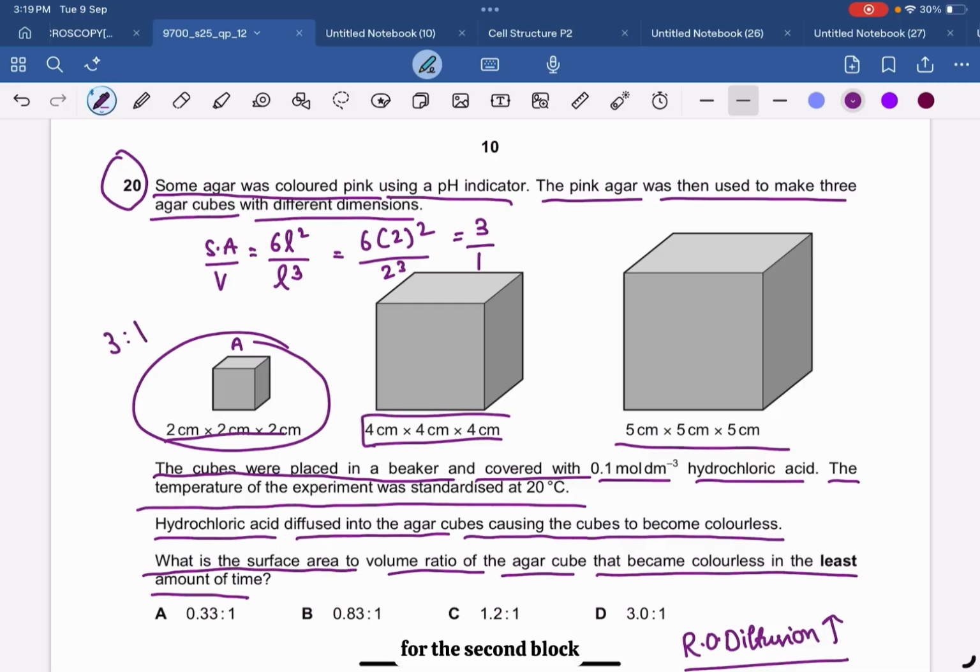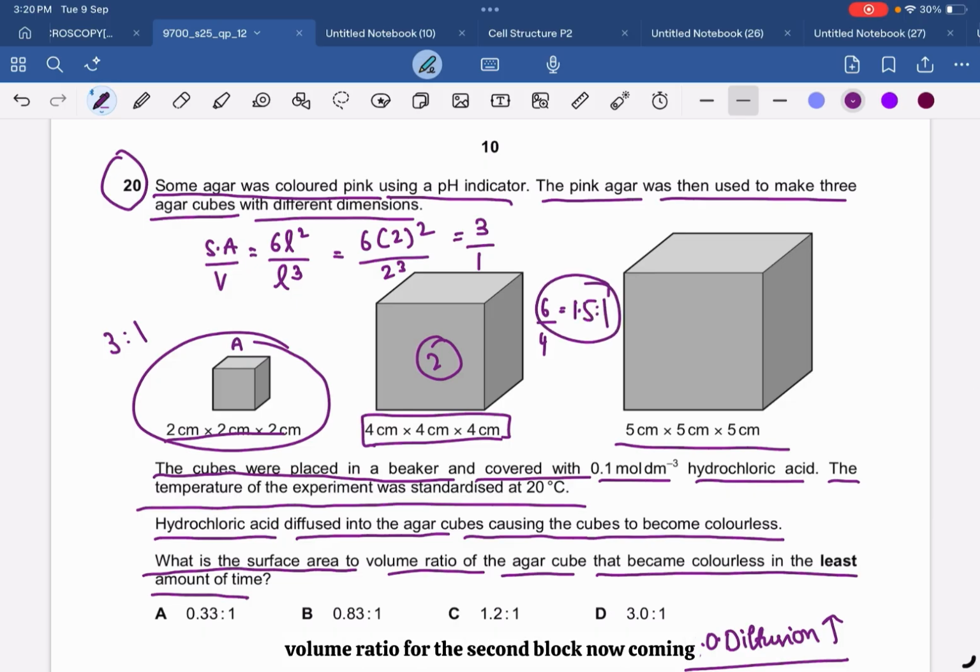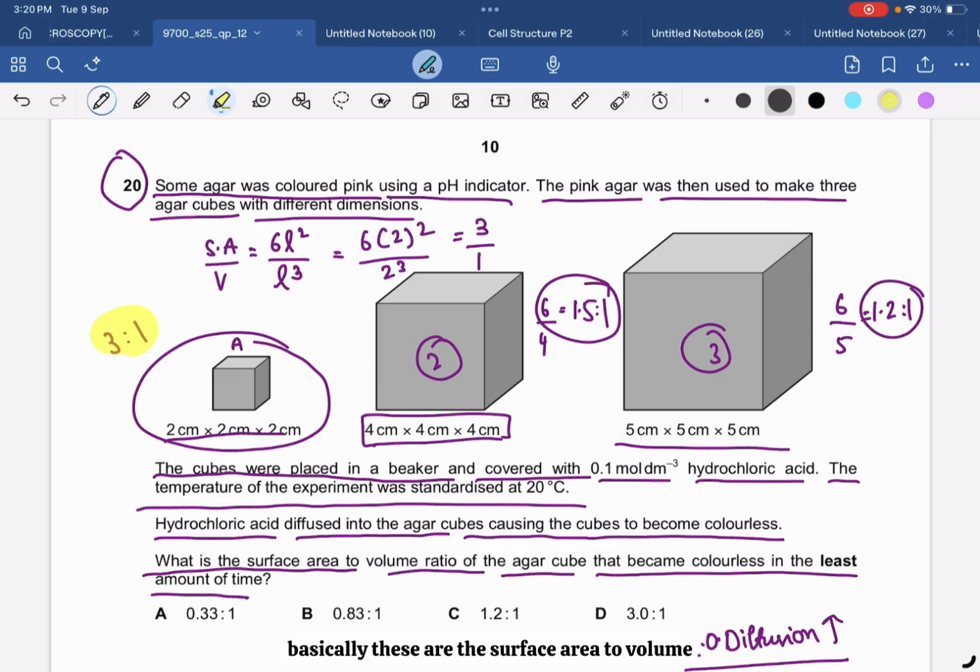For the second block, which is of 4 centimeter, you will get the surface area to be 6, and you can say you will get the volume to be 4, and if you calculate it, you will get 1.5:1, right? This is the surface area to volume ratio for the second block. Now coming to the third block, the surface area will simplify to 6 and the volume to 5, and then we are going to divide it. We will get 1.2:1. So basically these are the surface area to volume ratios over here,